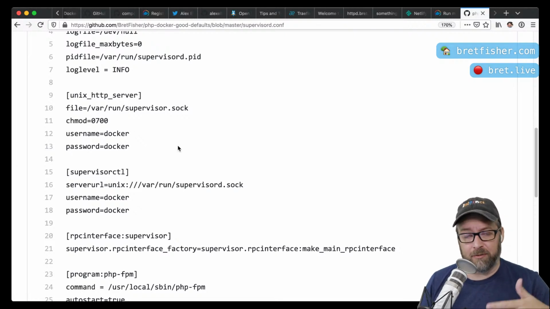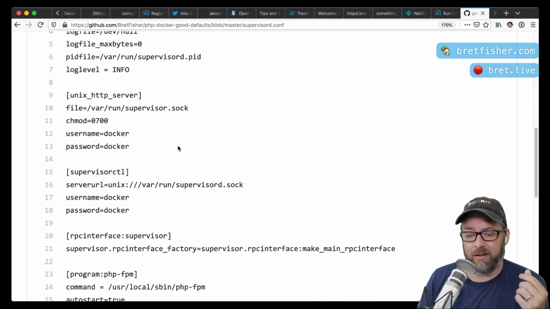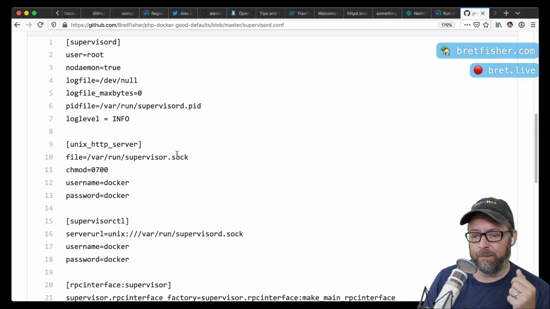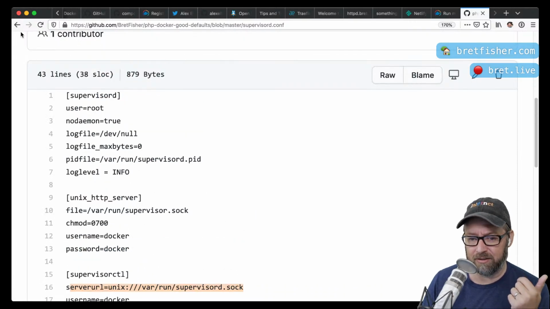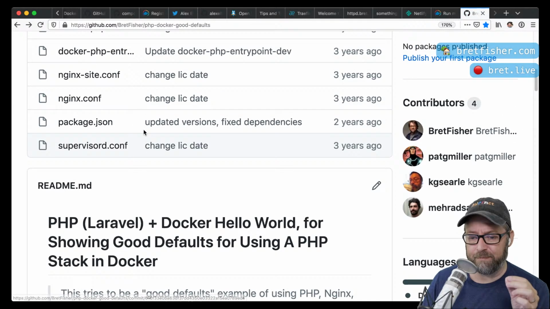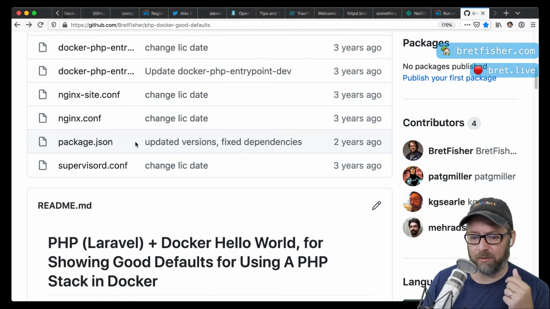Now, supervisor, obviously, if something else crashes, like if your app crashes or the syslog crashes, supervisor will, in theory, respin those up. But I tell it to basically give me a port. I think it's a socket, so that I can test it through the socket. I think that is how I did it. It's been years. But you want to monitor that, and that way you have to have it available for being monitored.